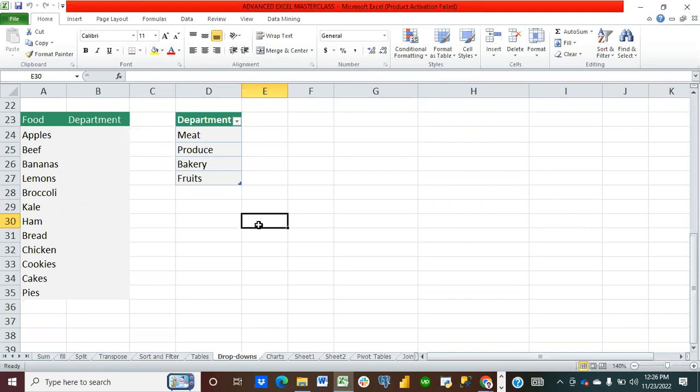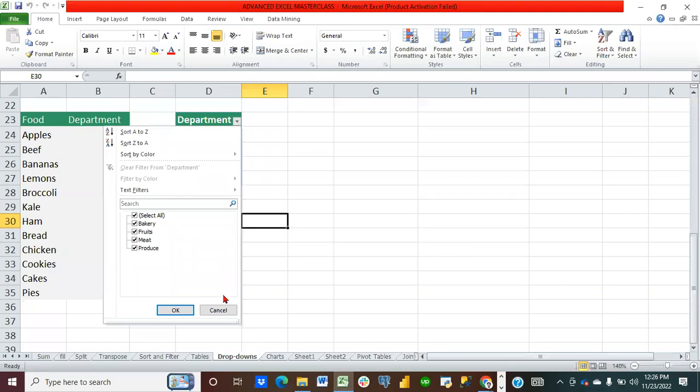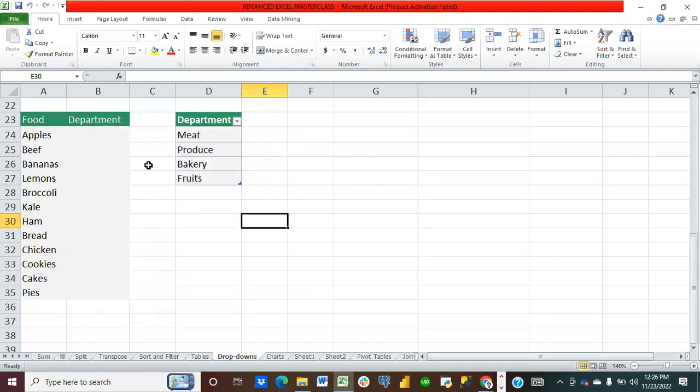Because drop downs are the things that are going to really help. Let me remove this. So basically, if you look at the food and department section, what drop down does is